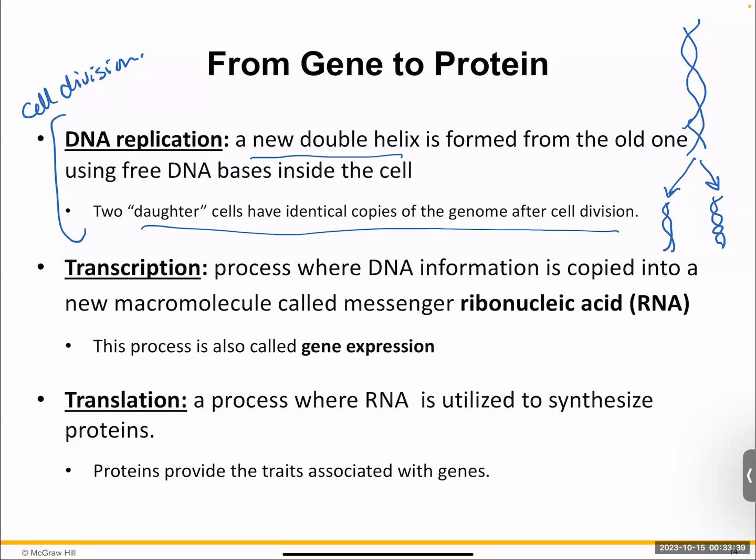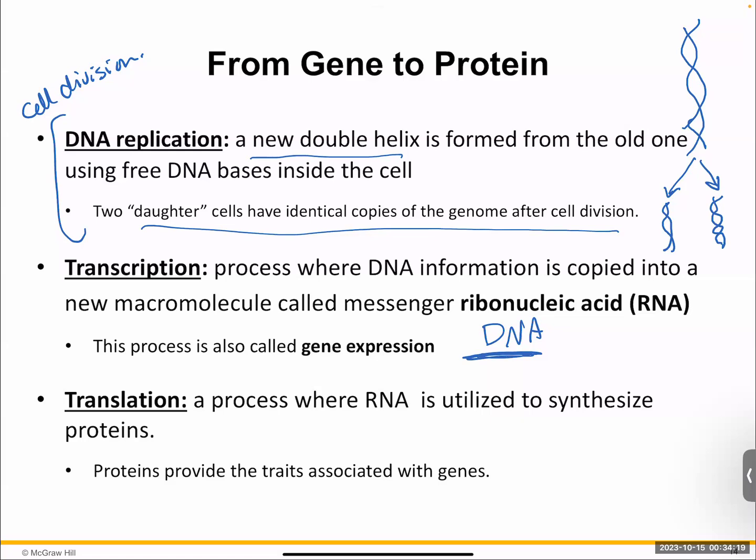But what if I want to use my DNA to make my proteins? So how does that work? Now, here's the important thing. You remember that DNA is extremely important and also extremely fragile. So how do I make sure that I do not damage my DNA? Because if I damage this DNA during the process of protein synthesis, I basically lose the ability to synthesize new proteins because I only have one copy within that cell. So how do I protect that DNA and still utilize it to produce new proteins?